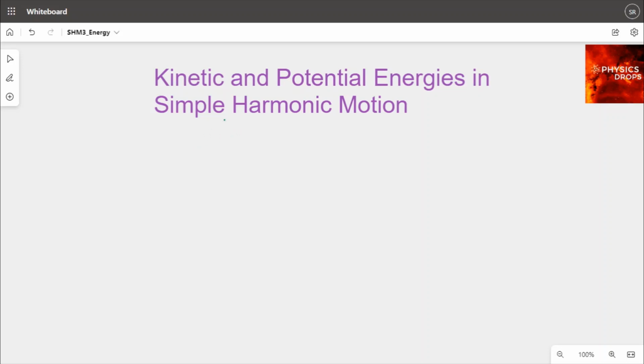Hi, let's try and calculate the kinetic and potential energies involved in simple harmonic motion in terms of displacement. We know from one of the previous videos that the velocity equation is given by plus or minus omega square root of a square minus x square, where a is the amplitude, x is the displacement, and omega is the angular frequency for a simple harmonic motion. Now we also know that kinetic energy is 1 by 2 mass times velocity square, half m v